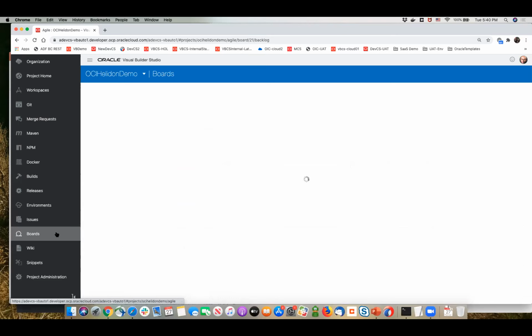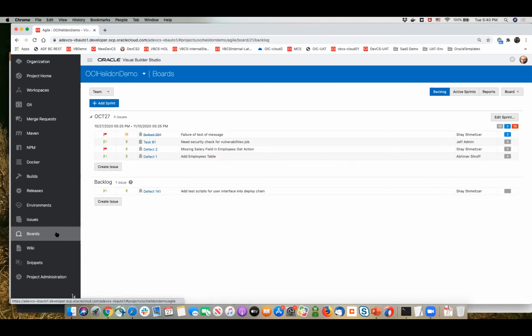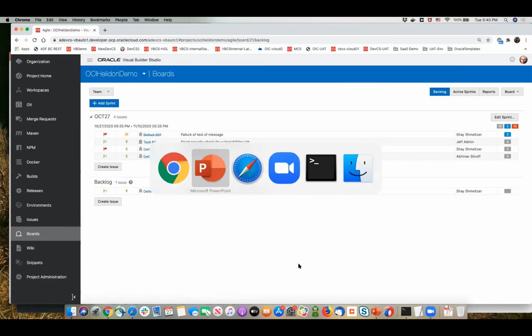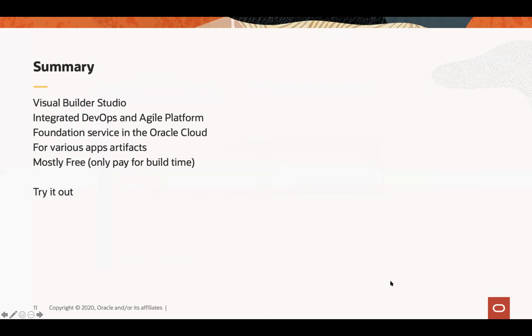But the great solution is when you're using everything end to end and everything is integrated, because you can track your activity all the way from, if a build broke, the code changes that caused the build to run. You can see who issued those code changes, what the issue was, and which issue in the system they were trying to resolve.